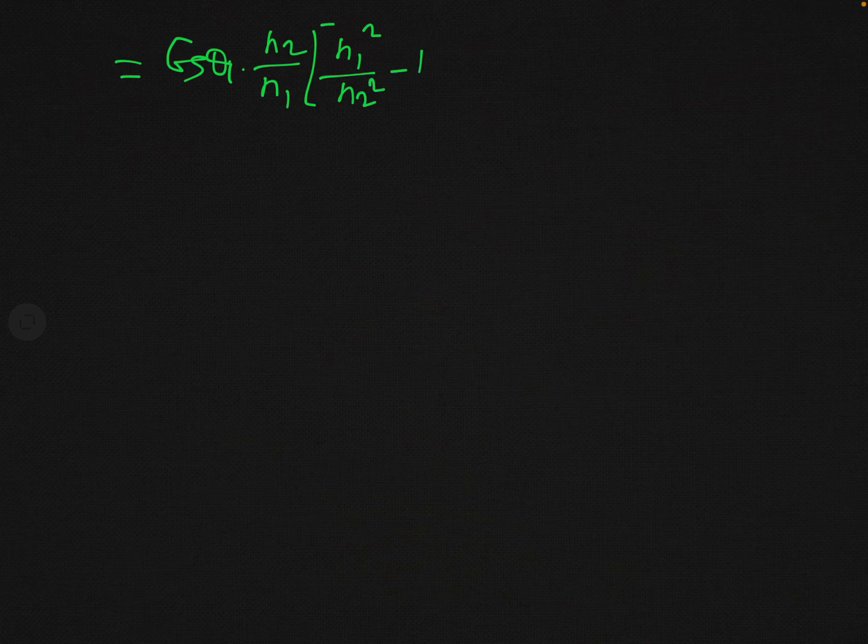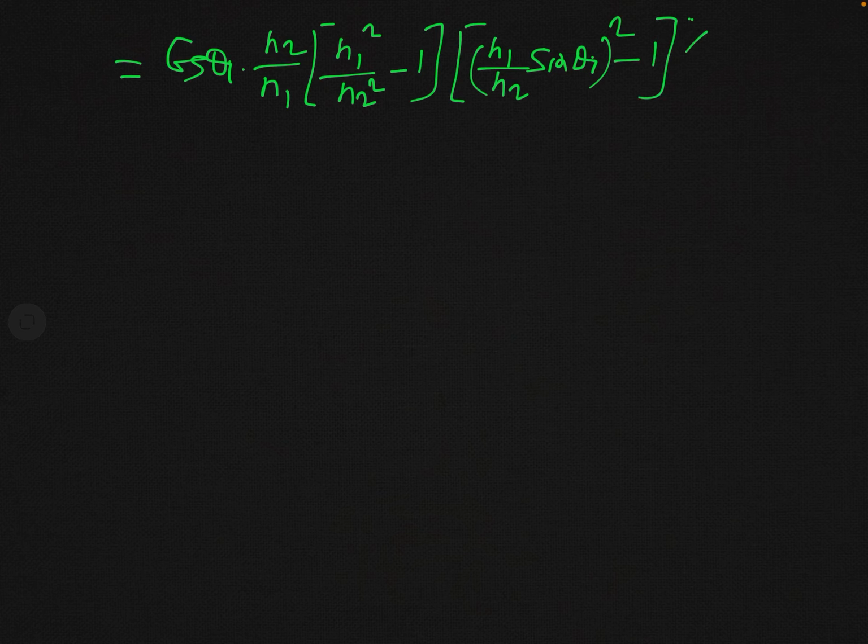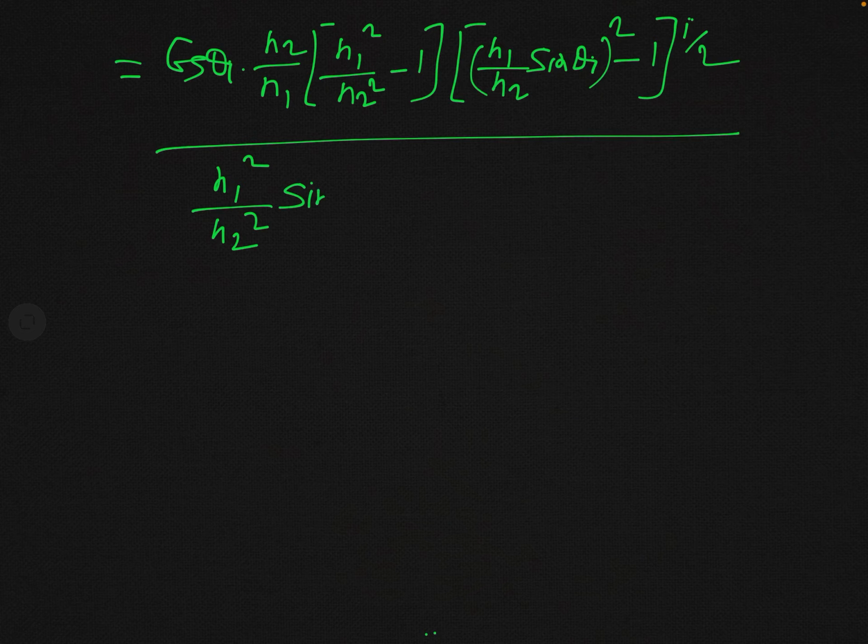In fact here we have used the result for cos theta r which we have obtained earlier in the lecture on total internal reflection. So now you can see what this result can be written. This is in fact equal to cos theta I, and now let us take n2 over n1 as a common factor. When we take n2 over n1 as a common factor, our result will be n1 square by n2 square minus 1 times (n1 by n2 sin theta I) whole square minus 1 to the power half, and over